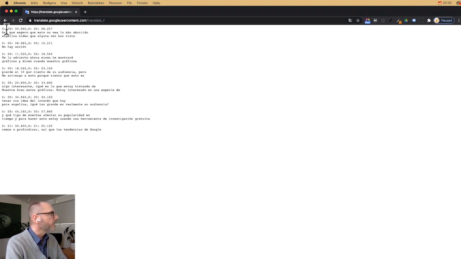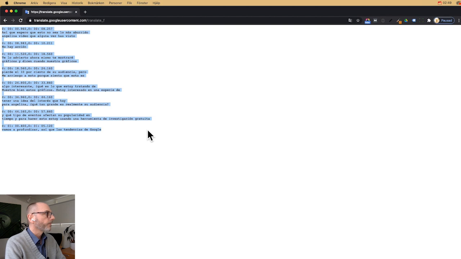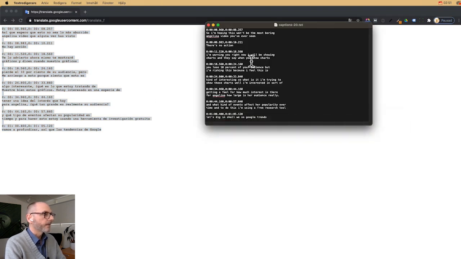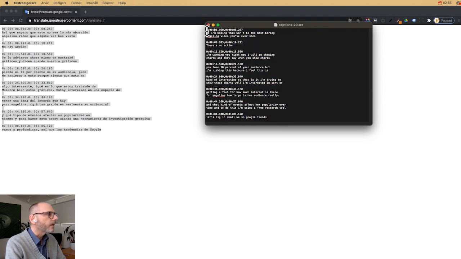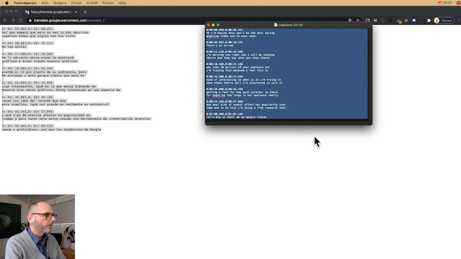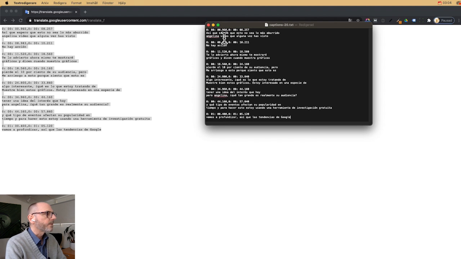And one thing is also a little bit of a problem, and that is that for some reason Google Translate inserts spaces here. So when we take this text and copy it and go over to the text again and paste it, we see in the formatting there's no space at all here. If we paste this one over, we see there's a space here.